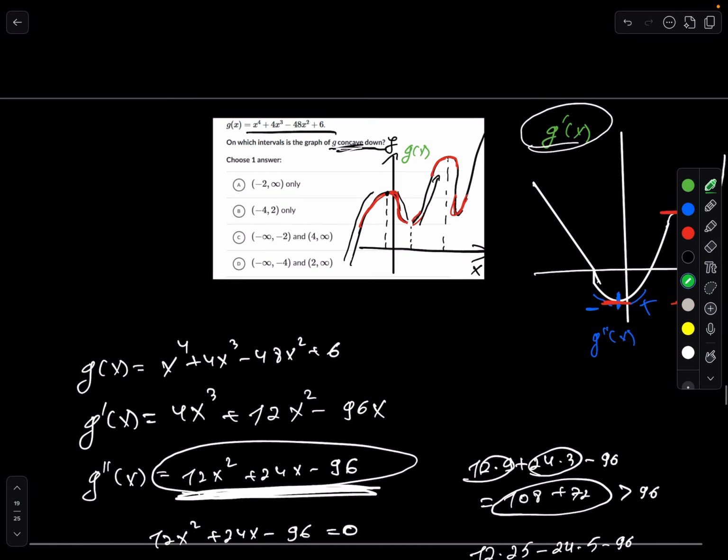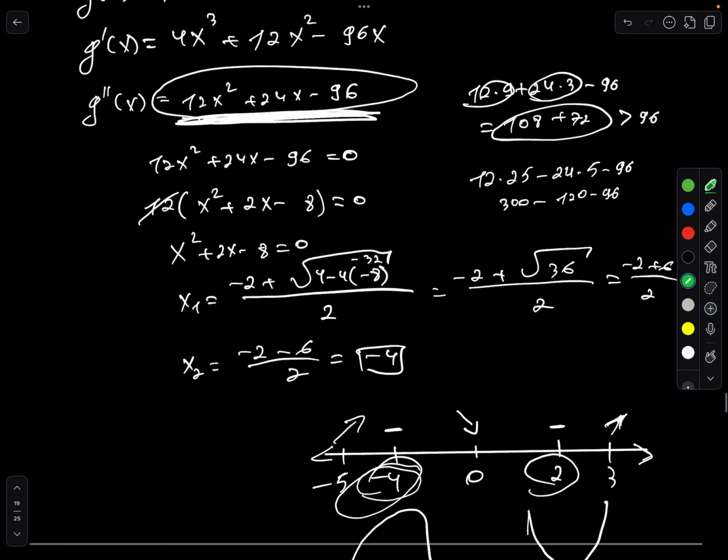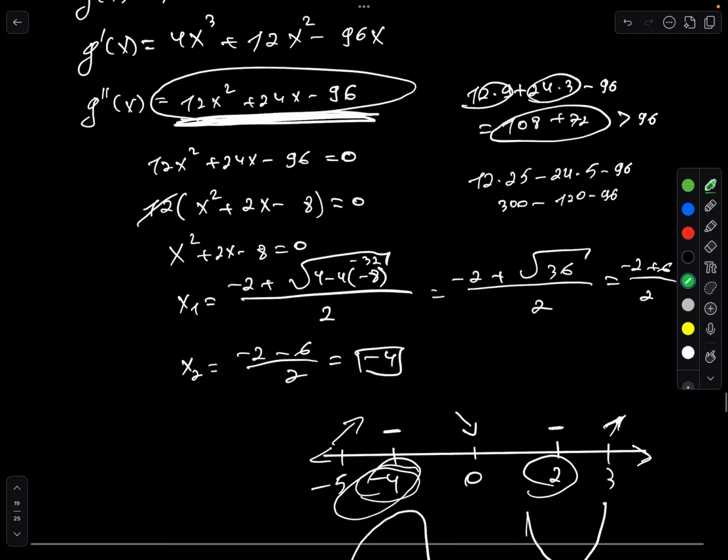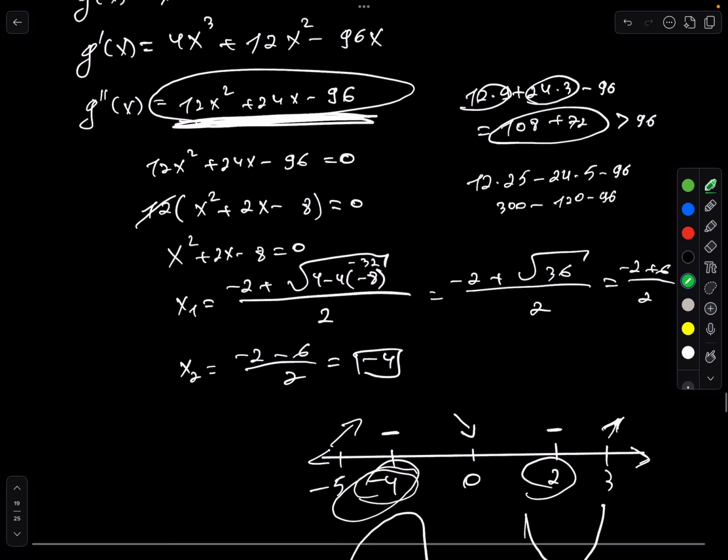Oh, they're asking for an interval. Okay. Well, it's going to be, it is going to be